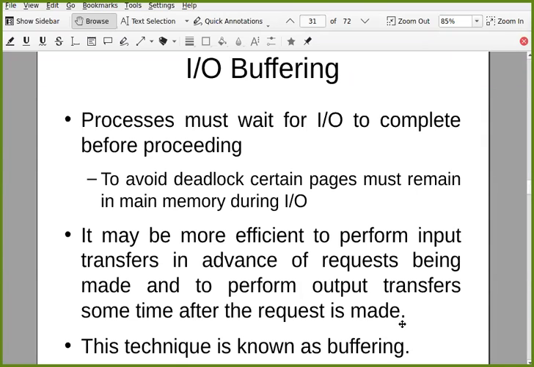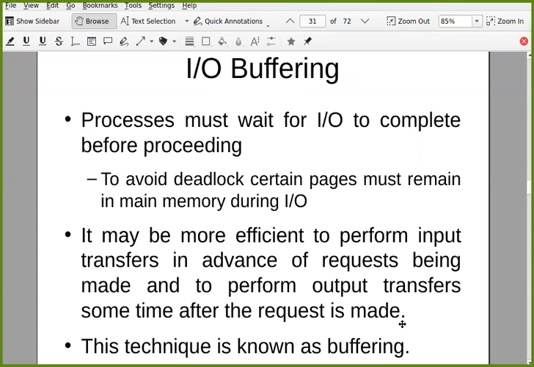Okay. The better solution, rather than keeping some of those pages in the main memory while swapping out other pages of the process, is something better. And what is it? Rather than loading the data directly into the user space, your process space, let's put it in some system space, that is basically a buffer. When your process requests some data to be loaded, it will be loaded in the system memory, your kernel memory, that is called a buffer.